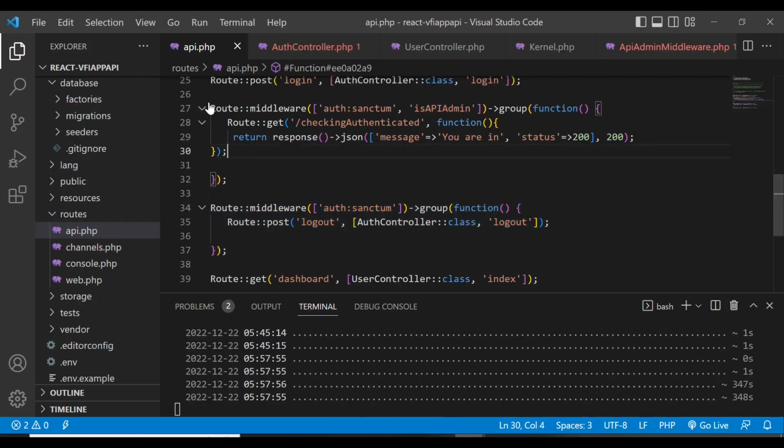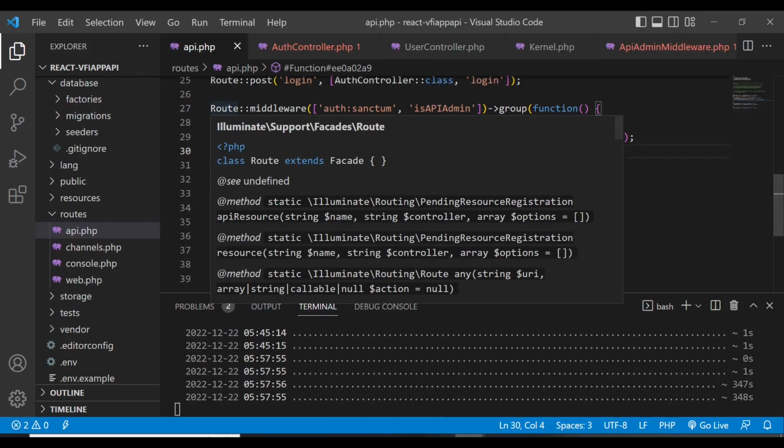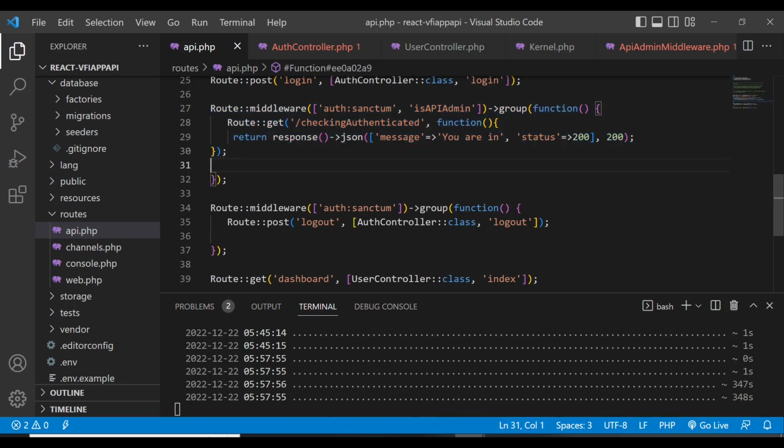This one I've defined within my Laravel here, which I'm also going to explain after I'm done with the React part, the front end part. So basically here, I've created an is API admin, and then I'm checking if the person is authenticated, and then if the person is authenticated